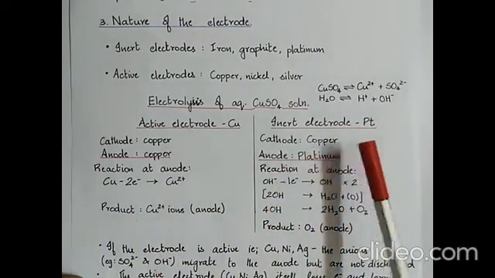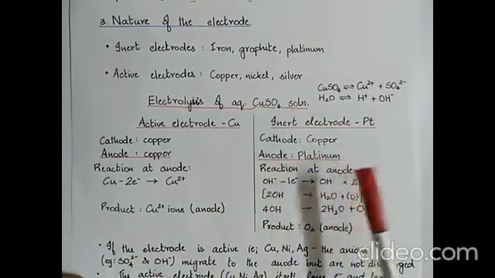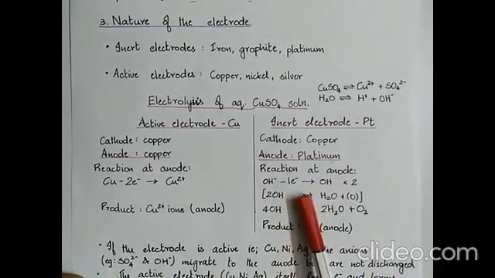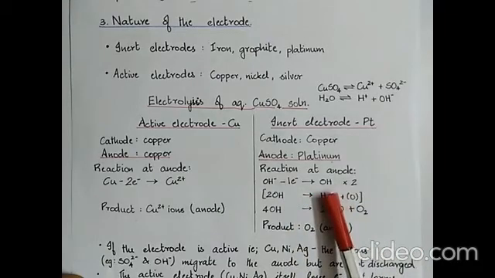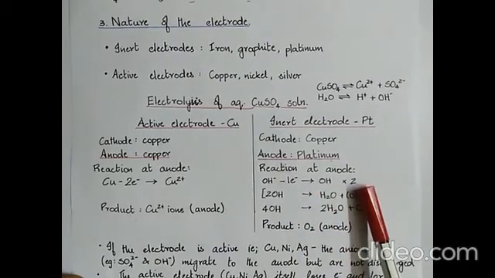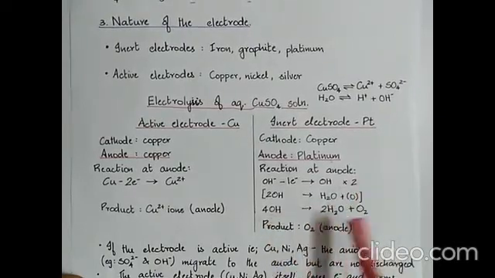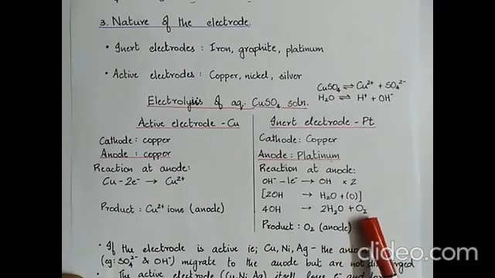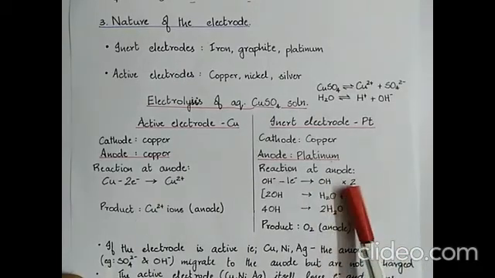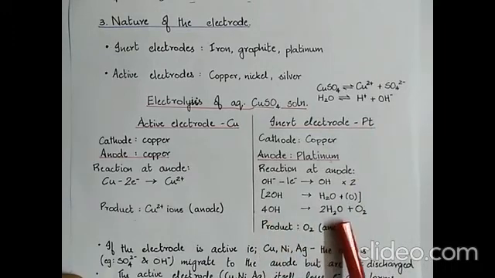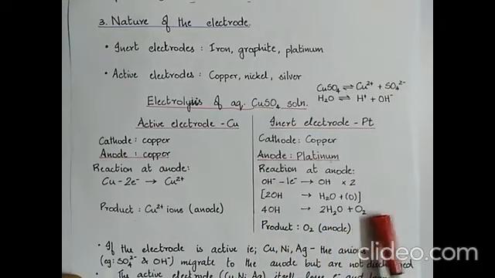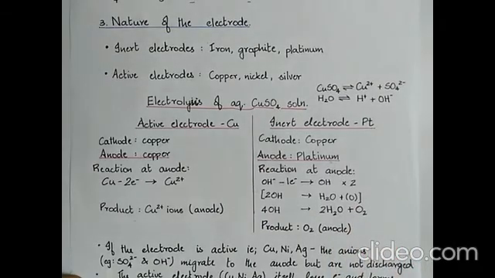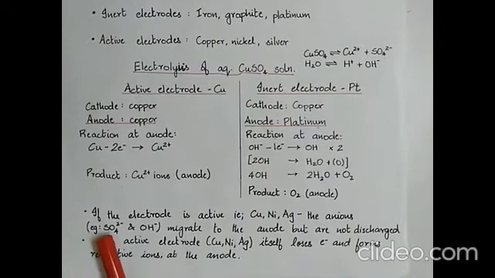When we take an inert electrode, that is platinum, the reaction at anode: hydroxyl ions move towards the anode, lose 1 electron and form free hydroxyl radicals. And a minimum of 4 radicals are required for the completion of the reaction. So therefore you can write the half equation and then write the last equation, or you can directly write OH multiplied by 4 and 4H giving 2 molecules of water and 1 molecule of oxygen. Oxygen is liberated at the anode. It is just to make you understand better.